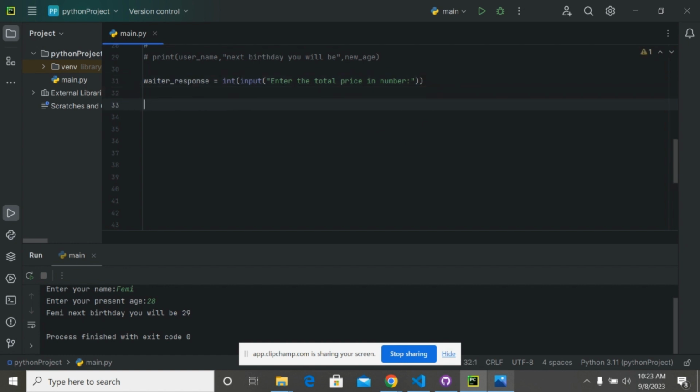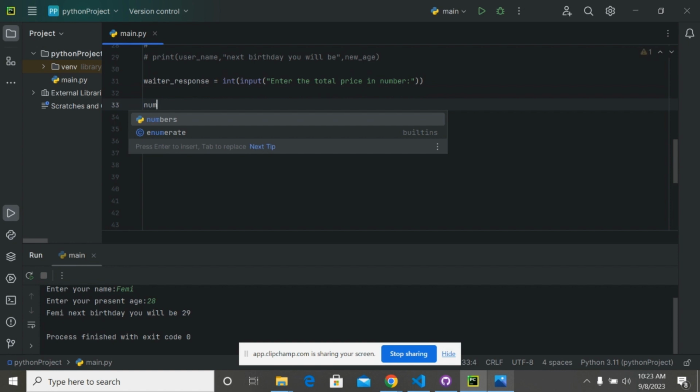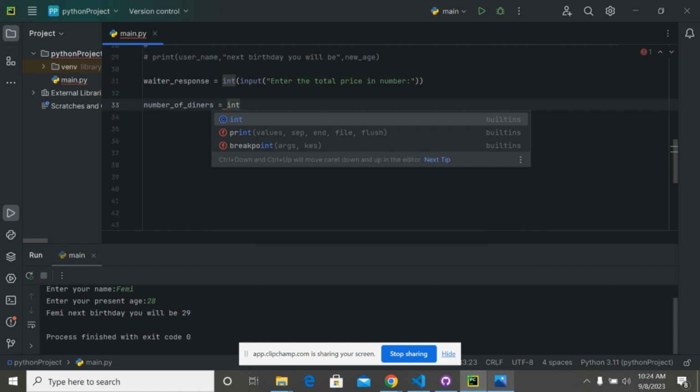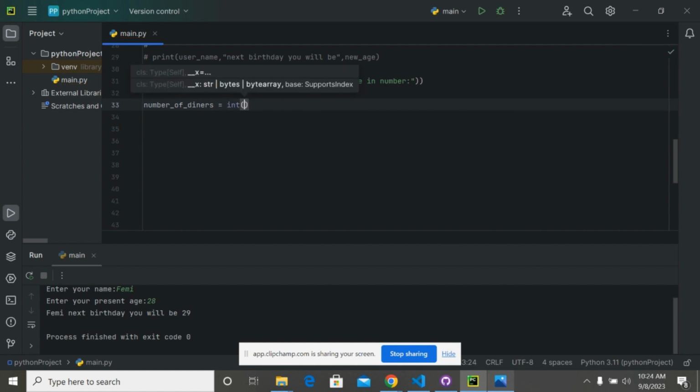Thank you. Now let's say numbers of what? Numbers of dinner. That is the total number of people that partake in that dinner. So let me just say numbers of dinner, and thank you. Numbers of dinners will now be equal to what? It's still a number. We are requesting the number of diners, so our response will be in form of a number. Are you getting it? So it will now be integer, thank you, followed by input, then